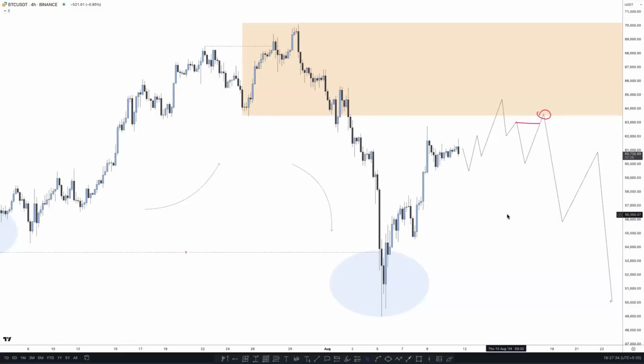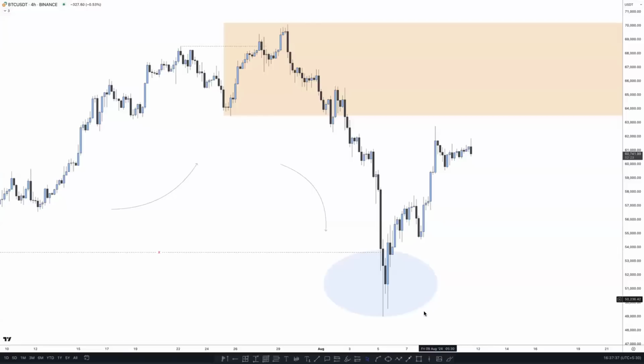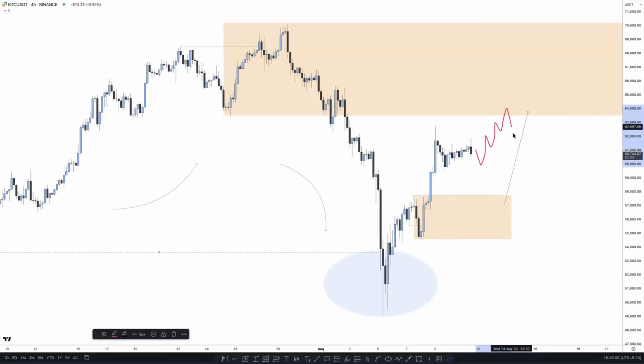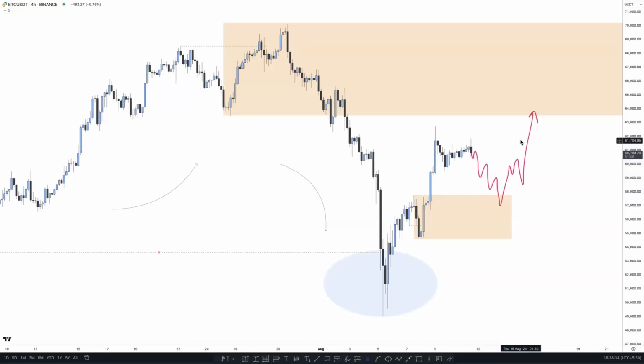If you are asking what we can expect right now, look at the structure here. Before this structure, we can see this inducement taken out, and this is our zone. It means if price taps on it, this is our last selling move before the buy. Once price taps on it, we are interested in the buy to the upside on this point right here till this PY mitigation. But before this mitigation, if price went up, then we are interested in the sell. But if price does not tap to the upside and pushes downside, then we are expecting some buy momentum like this one. So this is exactly what we are expecting in Bitcoin based on the 4 hour time frame.